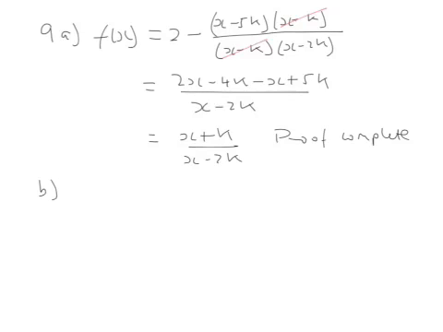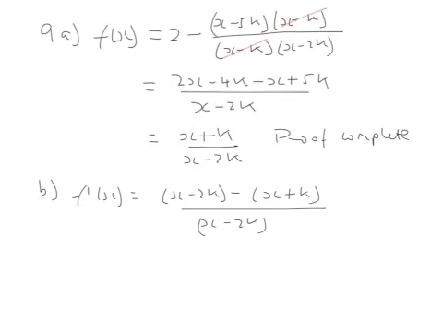In part B, we've got to differentiate. Nice easy quotient rule. Let's differentiate the top one first, that's 1, and leave the bottom one alone. Let's differentiate the bottom one second, that's 1, and leave the top one alone, and it's all over the bottom one squared. X minus x is 0, minus 2k minus 1k is minus 3k, over x minus 2k all squared. This just goes to show that just because it's the last question on the paper doesn't mean to say it's the hardest question. Part C is a little bit trickier,